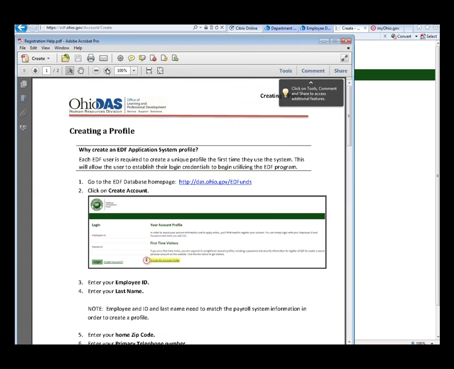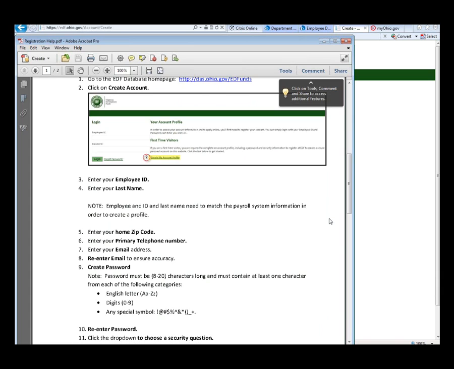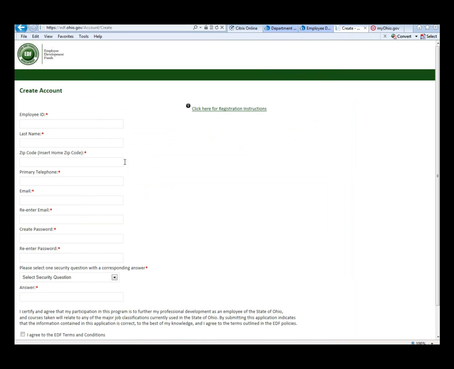I'll make that a little larger so we can see it a little better. There's creating a profile, and it gives you all the information about what you need to do to set up your profile. You can follow that step by step. You can print it out, or you can just give it a shot on your own because it's really pretty intuitive. So I'll start with my employee ID and my last name